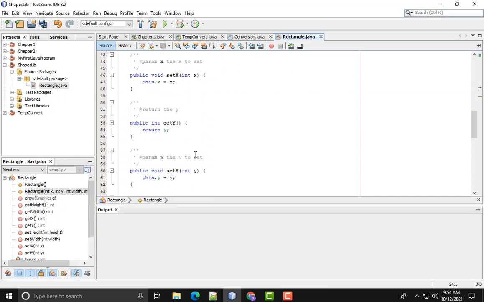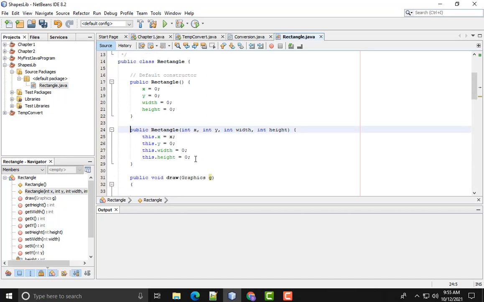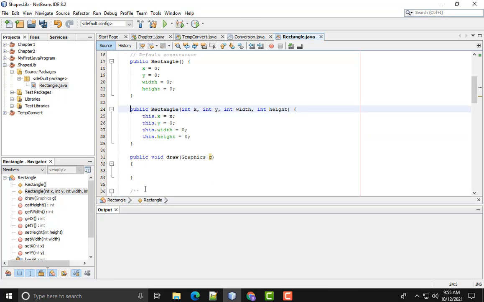Well, this is looking a little better. We have these rectangles. We can change its values after we create the rectangle. That's good. Well, what's next? Well, next is the draw method, right? How do we actually draw it? Well, this is basically the pattern we're going to use for drawing. We're going to say